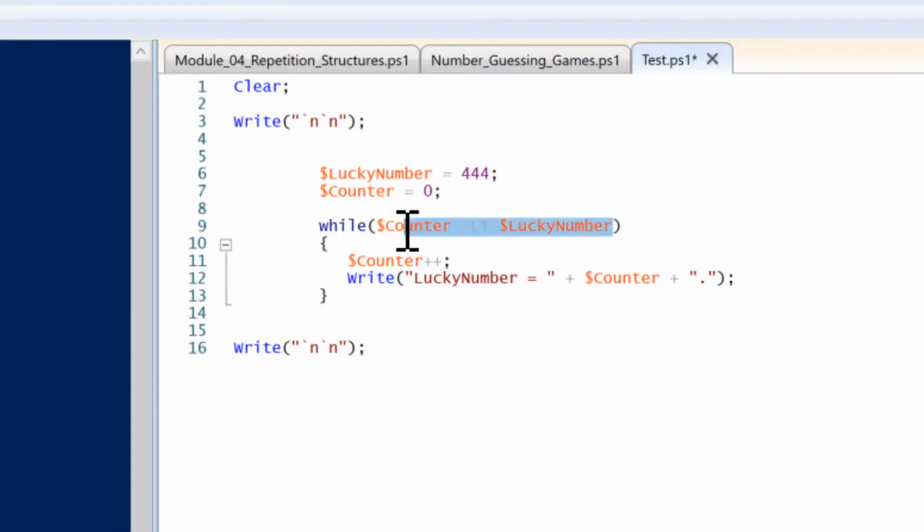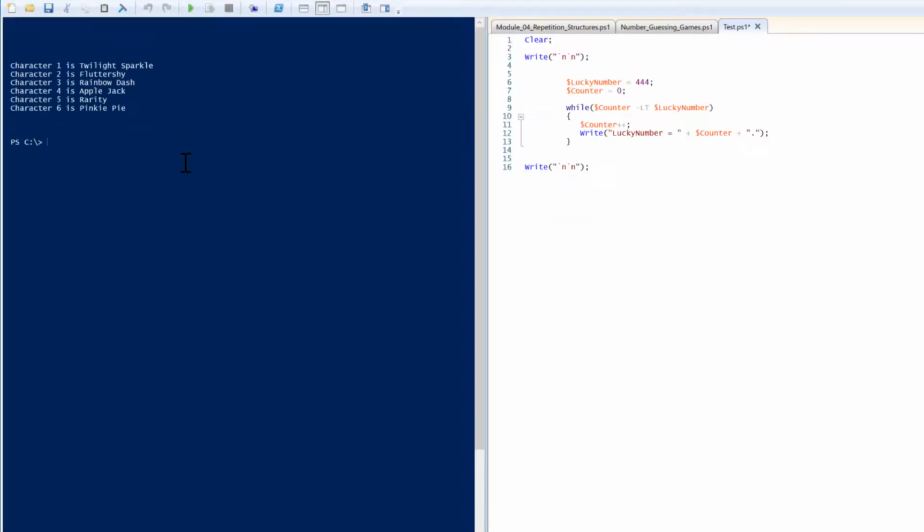All right. So when we start out, counter is 0. Lucky number is 444. For as long as counter is what? Less than lucky number, I want to keep this code repeating. I want this to keep iterating. What happens inside the while loop? We're going to increment counter, so we're adding 1 to it through every repetition. And what are we going to do here? Output lucky number is, counter. So if we run this,